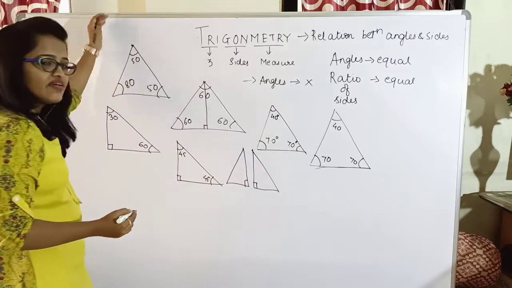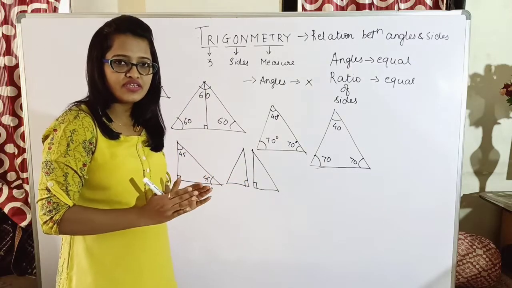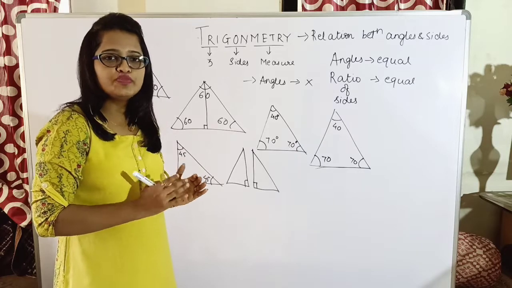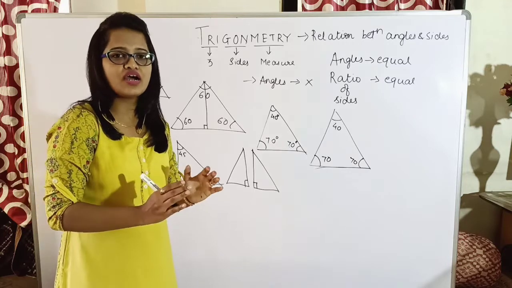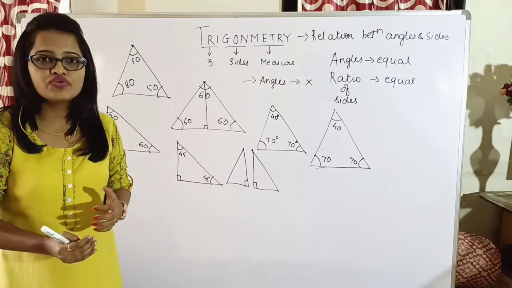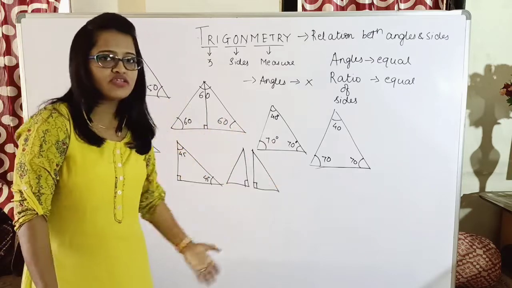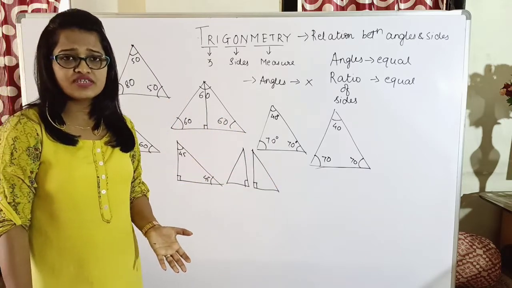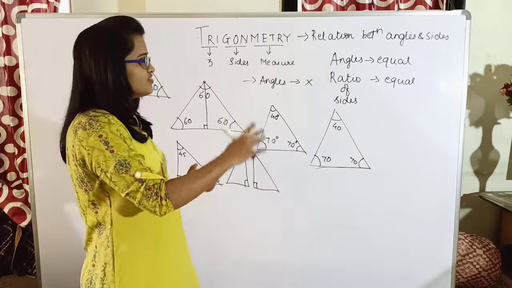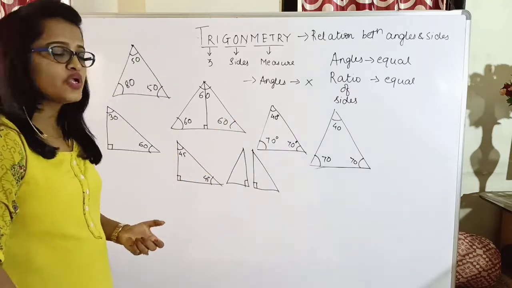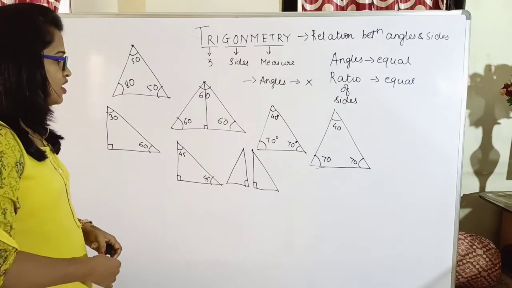The other two angles will have any value, so we are not bothered about that currently. But the thing is, any triangle could be divided into right angled triangles, and once you understand how the ratio is to be found with respect to a right angled triangle, you can apply it for any triangle, for any combination of angles, isn't it? Yes, and hence we are going to see all the trigonometric ratios with respect to only a right angled triangle. Fine. Now, the second